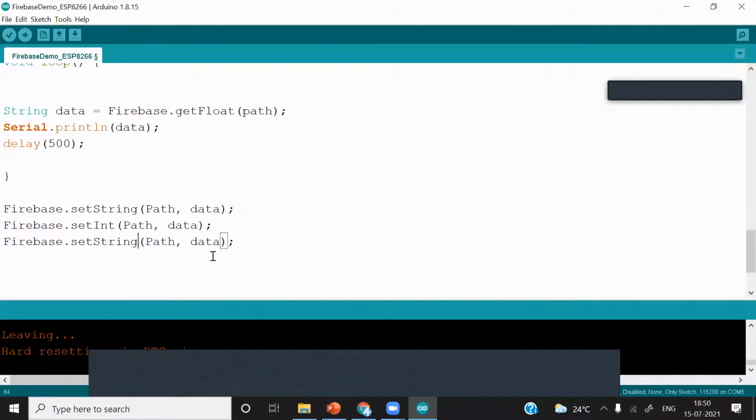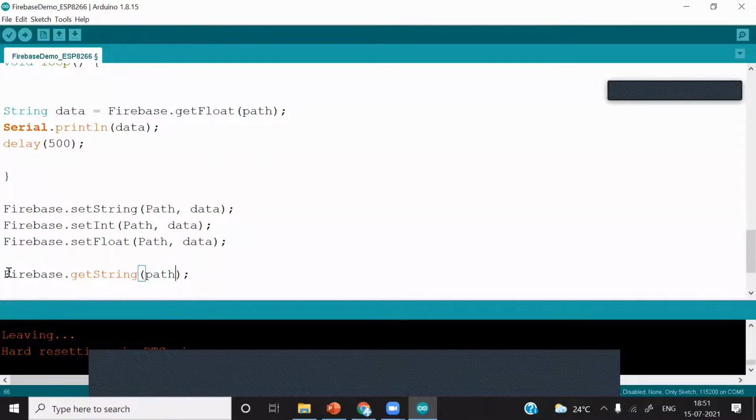Int, float. And for the get function, Firebase dot get. If it is string, type string. If you want to fetch the string data type, write get string, and then you have to provide the path, from which branch or which directory of the JSON data you want to fetch that value.